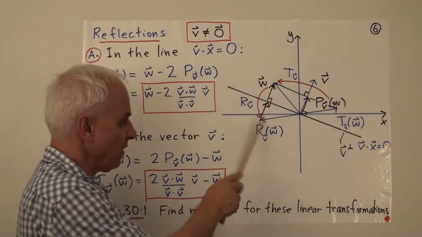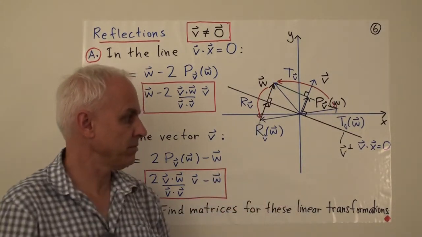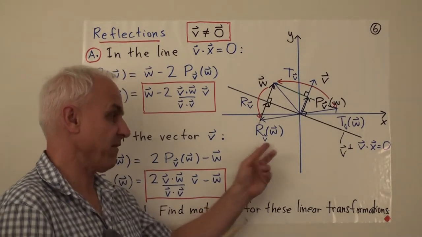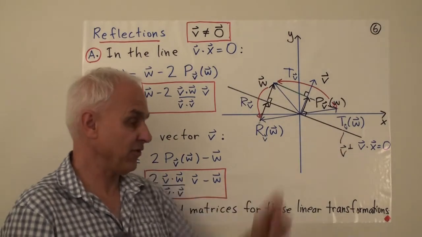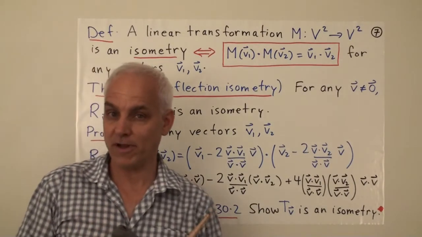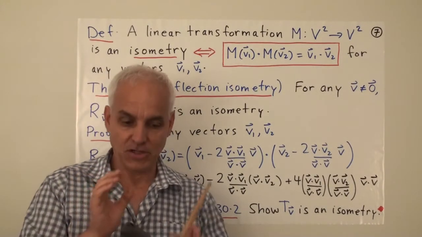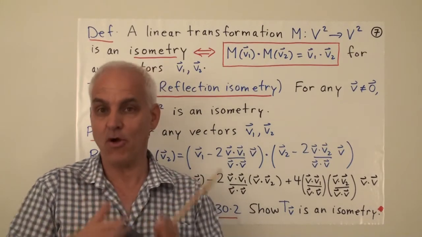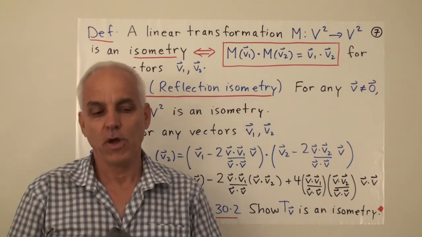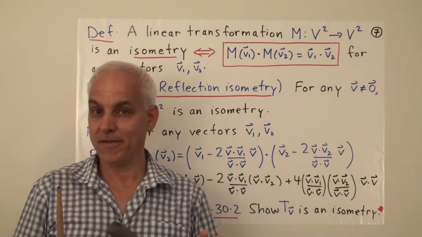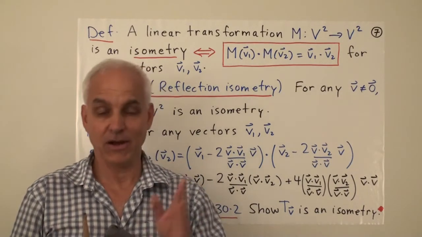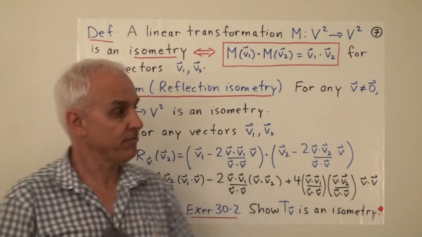So here's w, here's r of w, and here is t of w. And if we want to keep track of the dependence on v, the fact that this actually depends on v, we'll put an index of v down there. You will notice that I'm trying to stick with formulas that involve the dot product. So the dot product is the central operation that we're using over and over again to define these various concepts. We're doing that because of the generality that we have in mind, because we're going to eventually be generalizing to higher dimensions and also to different symmetric bilinear forms.